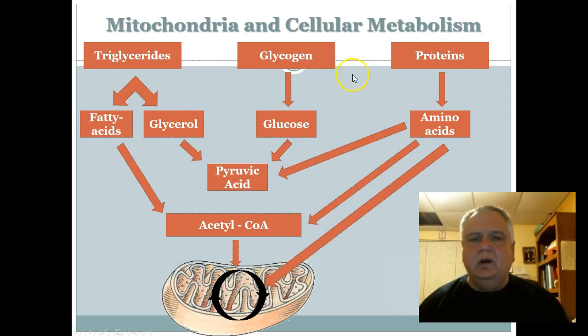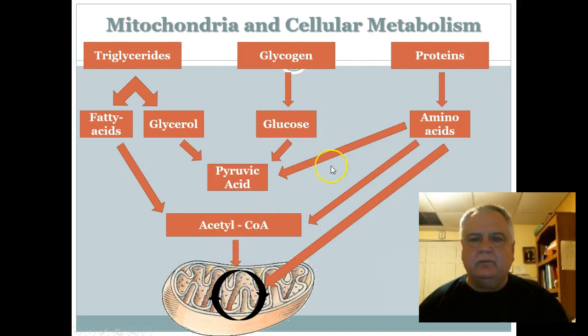We're focusing here on proteins, just a little bit on glycogen. Glycogen is starch, right? And starch is made up of long chains of glucose molecules. So the glycogen is going to be broken down into individual glucose molecules. The glucose molecules will be then split to form molecules of pyruvic acid. The pyruvic acid will be then hydrolyzed into two carbon acetyl groups and picked up by CoA and then enter the Krebs cycle.